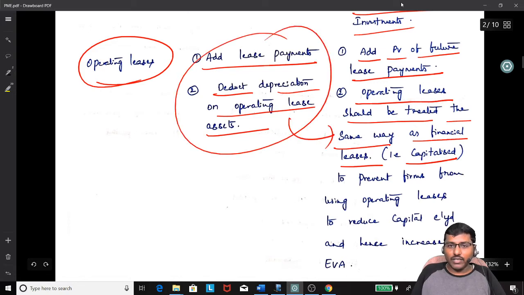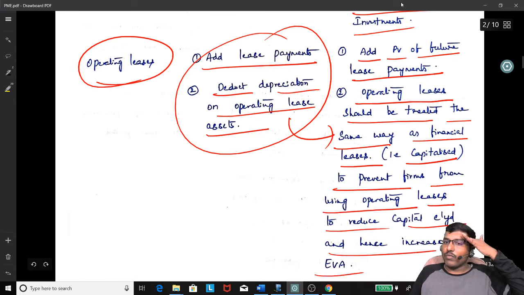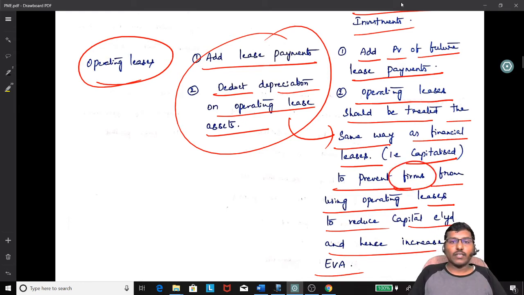Now this doubt is cleared here. Reason why? To prevent firms from using operating leases to reduce capital employed and hence increase economic value added. Generally, firms go for operating leases, and then your capital employed eventually gets reduced, which means your EVA gets increased, correct? Because EVA is nothing but NOPAT minus capital employed into weighted average cost of capital. So if capital employed gets reduced, then capital employed into weighted average cost of capital gets reduced, which means NOPAT minus this figure, which is EVA, will get increased. So this is the reason